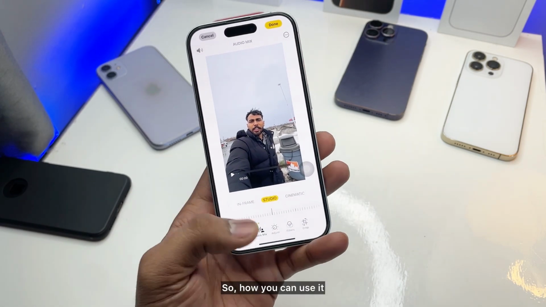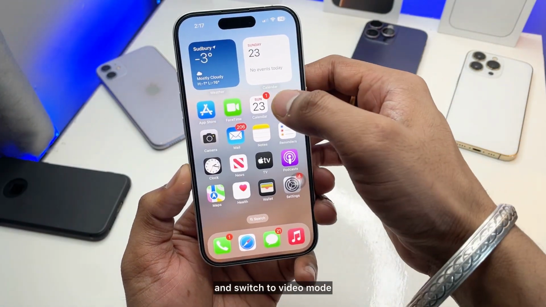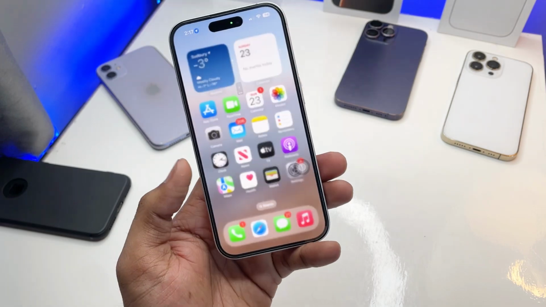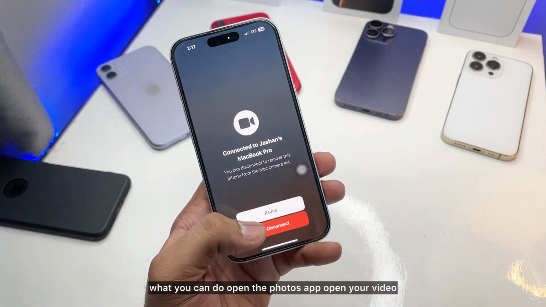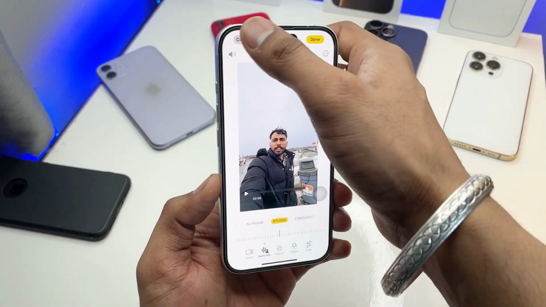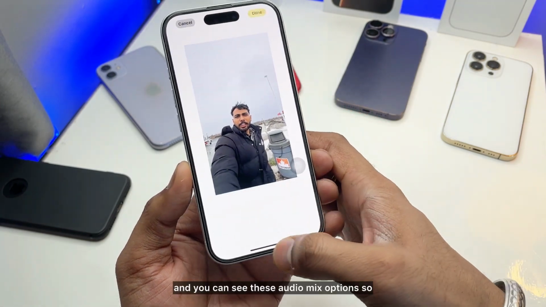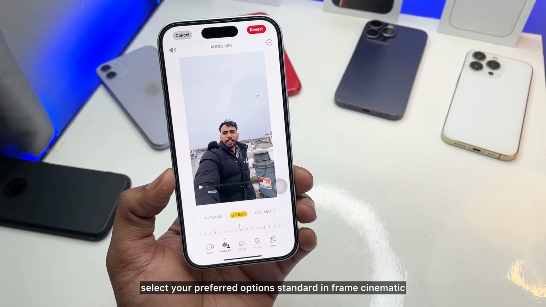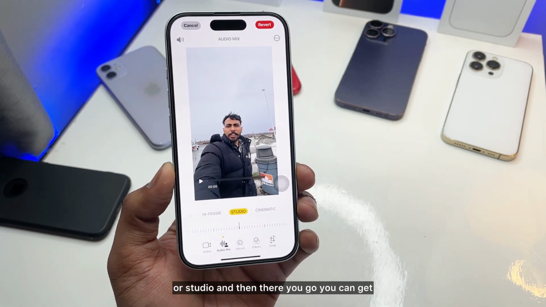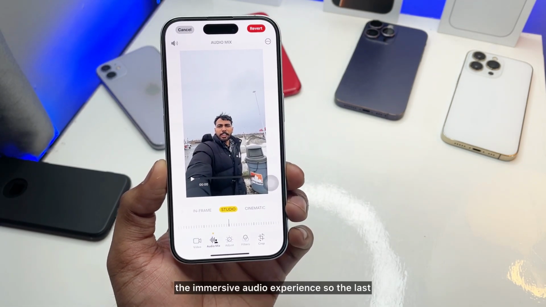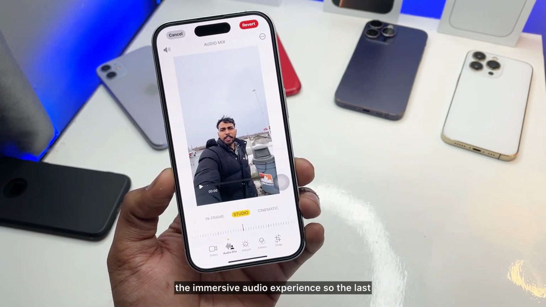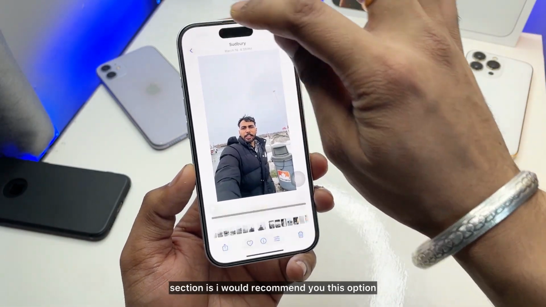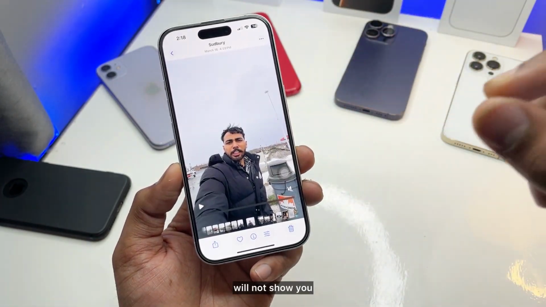So how can you use it? Open the camera, switch to video mode and start recording. And then after recording, what you can do is open the Photos app, open your video, and just hit the edit button and you can see these Audio Mix options. So select your preferred option, Standard, In Frame, Cinematic, or Studio, and then there you go, you can get the immersive audio experience. So the last section is, I would recommend you, this option will not show up if you're